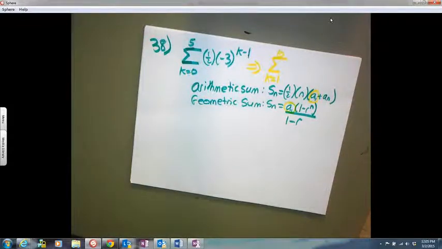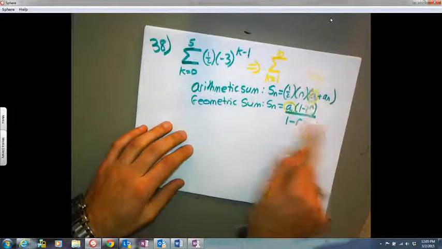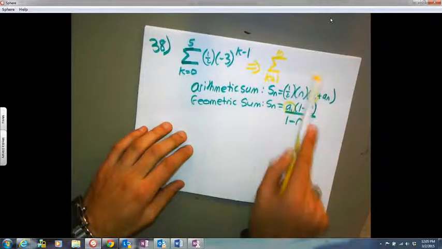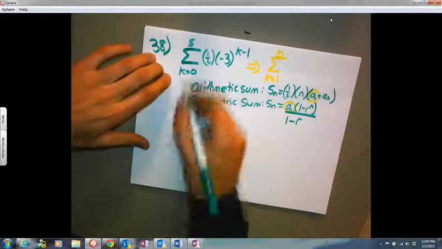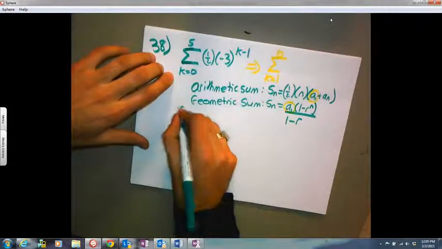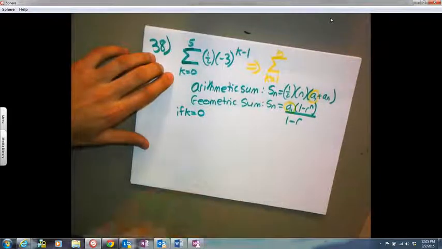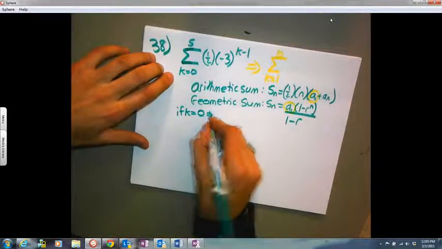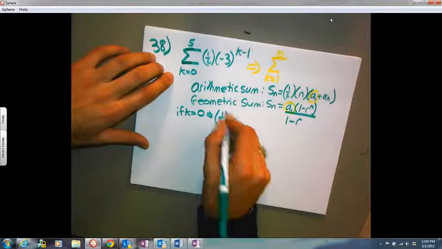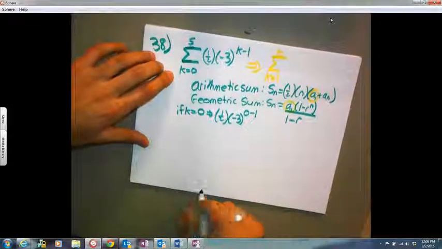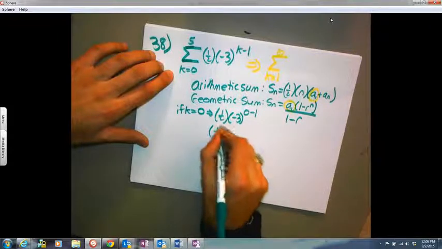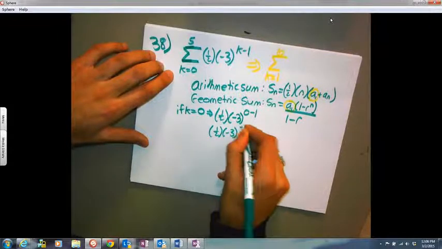To discover that, let me prove it analytically, and then I'll give you the rule. The analytical proof is as follows. In the green, if k equals 0, we have 1/2 times negative 3 to the 0 minus 1. So we have 1/2 times negative 3 to the negative 1. So we have 1/2 times 1